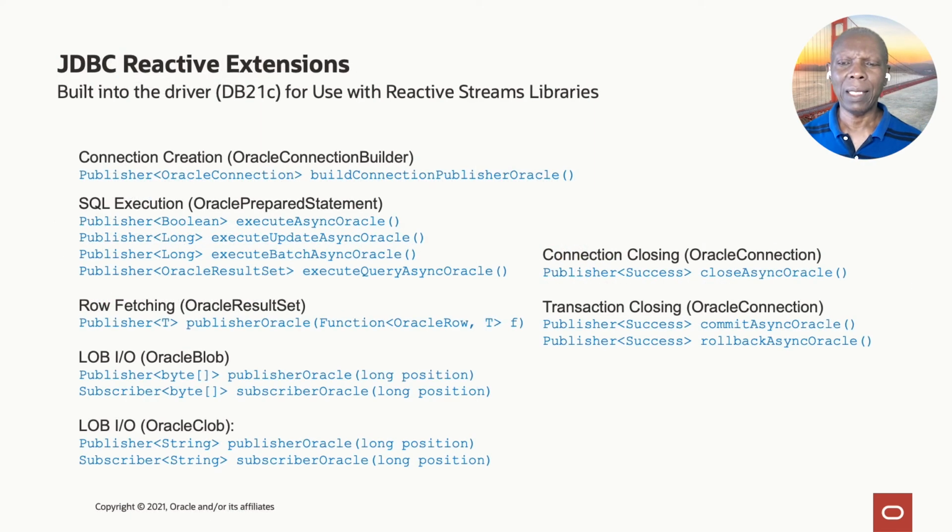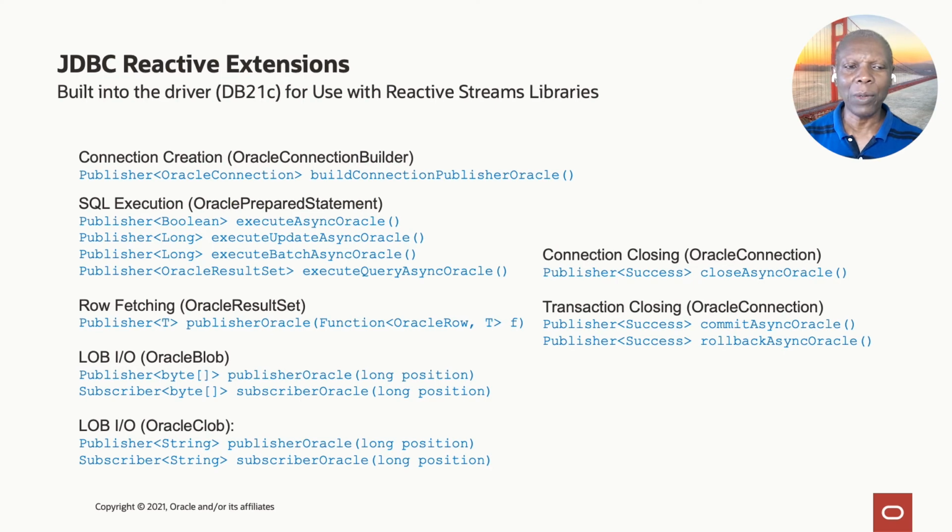So that gives you an idea. Now, what we have done to ease all those things is to provide a hook in the driver. We have what we are calling reactive extensions in the JDBC driver. You get the JDBC driver 11G, you get the reactive extension as part of the JDBC jar. So what we've done is we have implemented the publisher and the subscriber APIs for the Java util concurrent Flow, and we're giving you those APIs, which are similar to JDBC APIs, but with Async Oracle at the end.